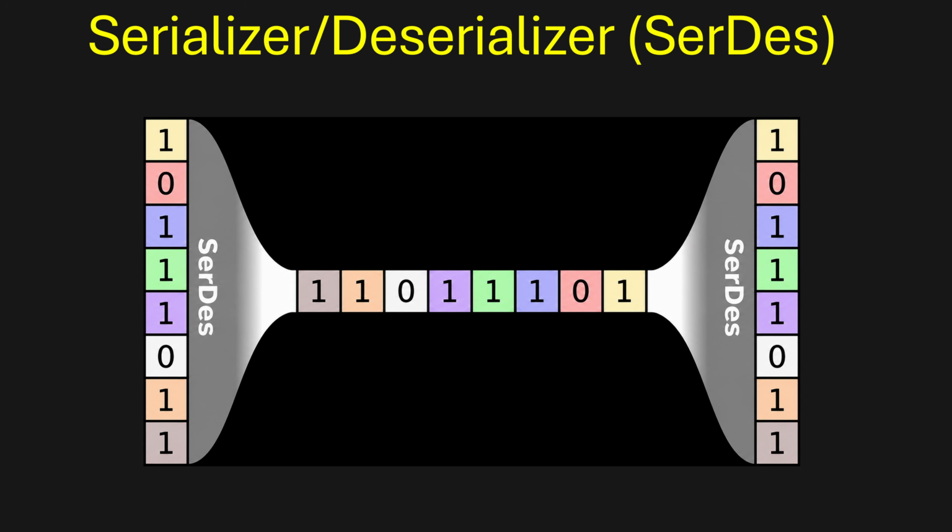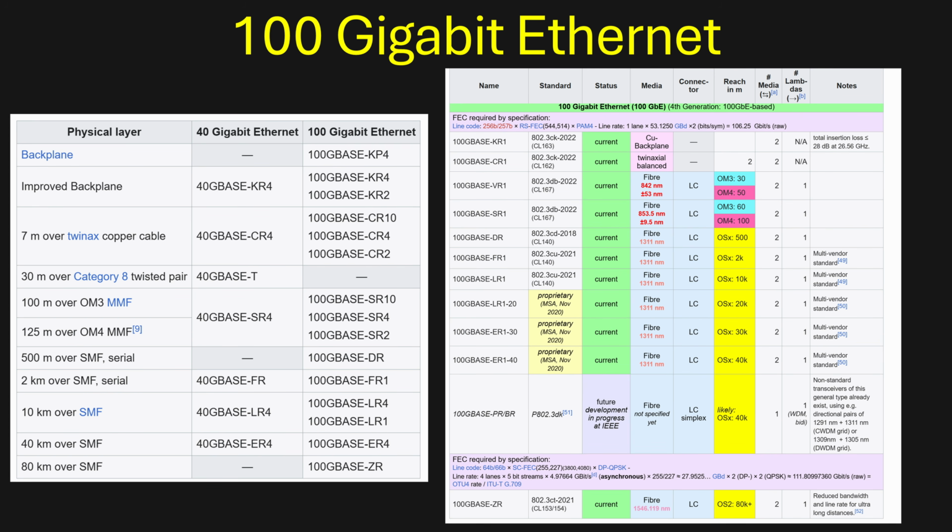Another issue is that eventually you need to deserialize all of that data. CPUs and GPUs cannot clock at 100 GHz, so for a 200 gigabit Ethernet lane, you need to use more advanced SerDes to convert up and down from the single digit gigahertz binary signals of computer transistors, and this adds cost and latency. Moving on to the Ethernet cable types, you can see on this chart that the short ranges